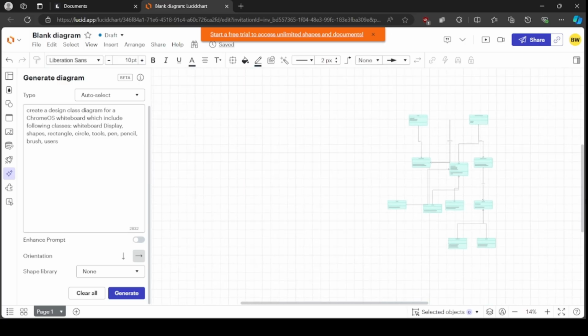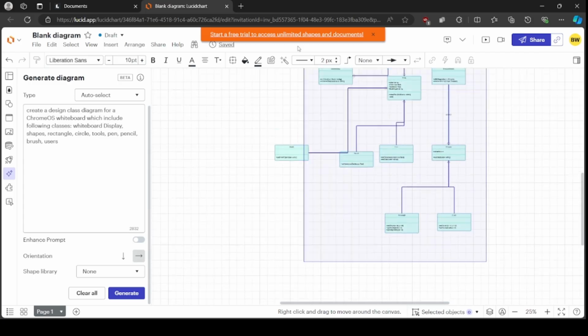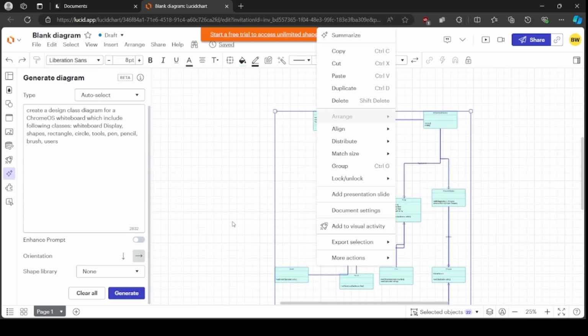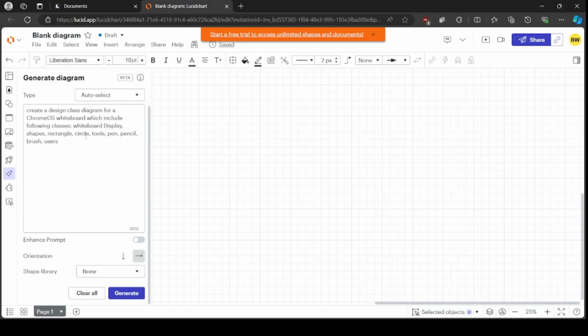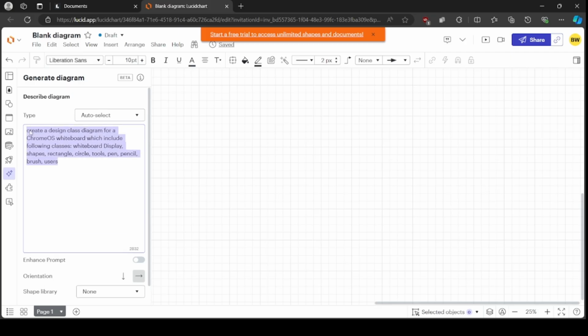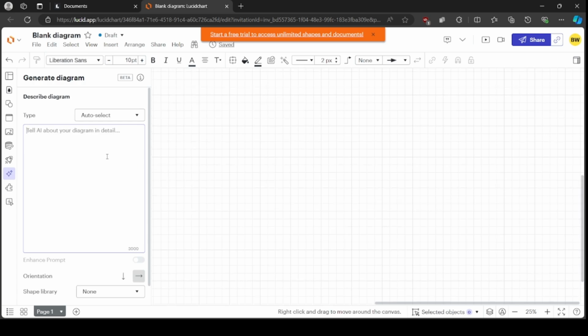Alright, let's do a sequence diagram. Also, in that reprompting, you could have said use these classes to make a sequence diagram, but we'll just reset that because usually it's not that good. So we'll just create it from scratch. And also, you can't edit the sequence diagram it gives if you ask it in the reprompt. So